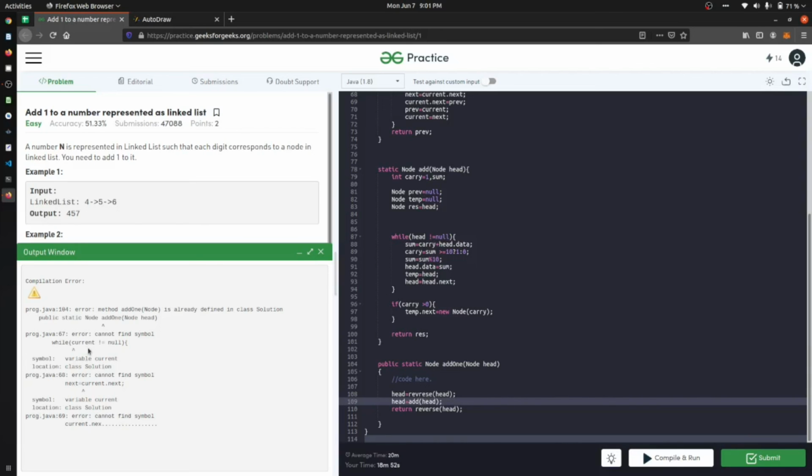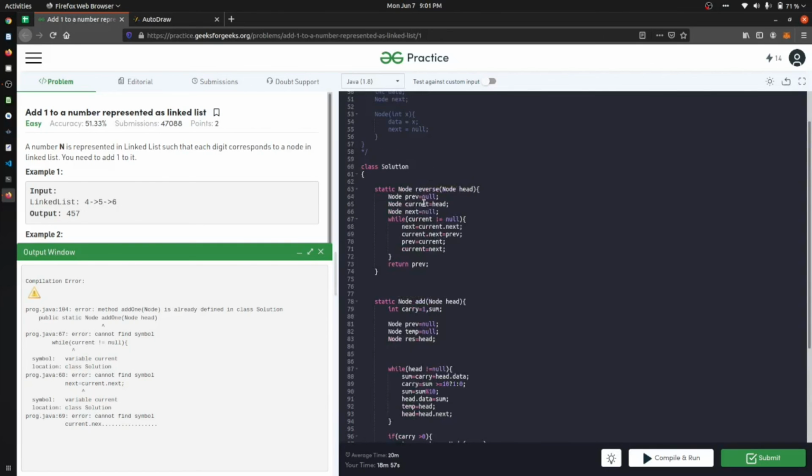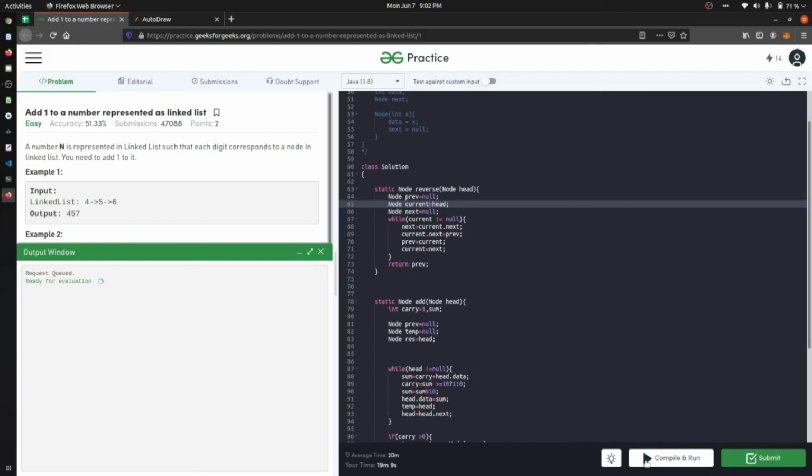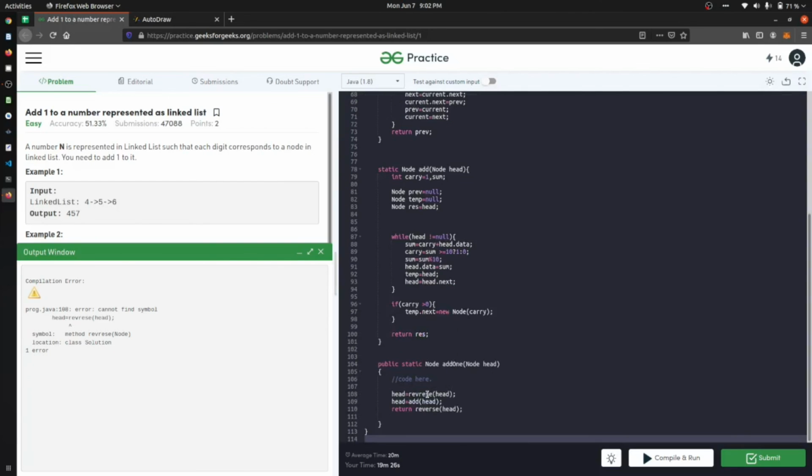And then current, where is current? Hope it should work now. Again it's giving a cannot find symbol error, reverse. Let's remove that too. Reverse dot head, paste it.